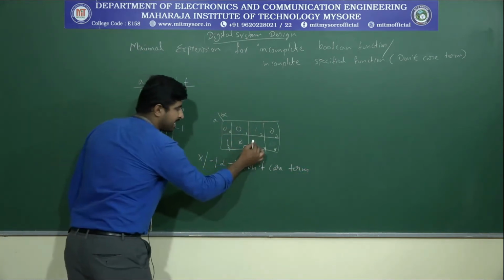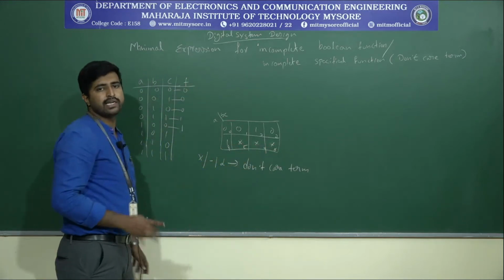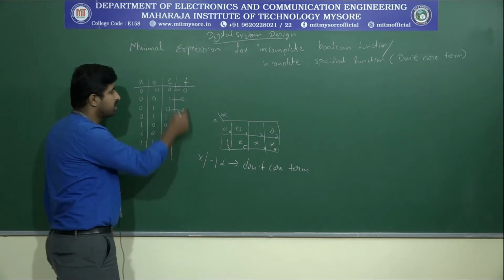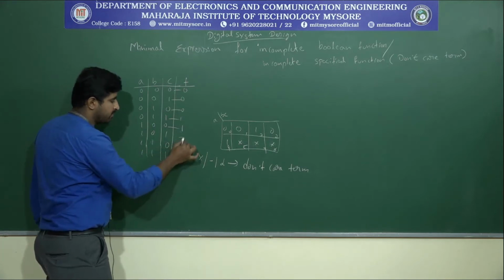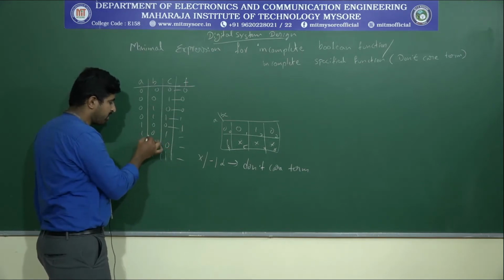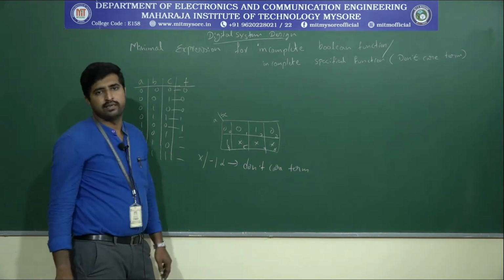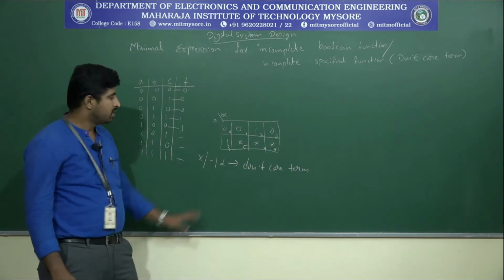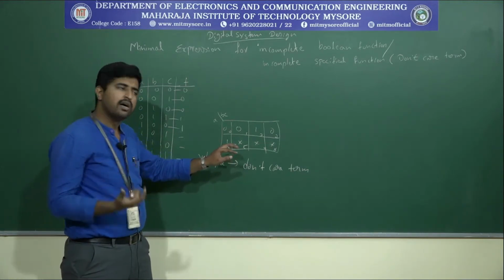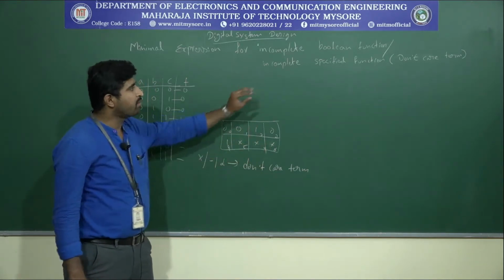Here I can write x, x, x. That means these x are the don't care terms. In the corresponding table, it will be like this, where the function is not specified. For the combinations 1, 1, 0, 1, that is 5, 6, 7, we don't know the output, so they are called don't care terms. They can be indicated with an x, or sometimes a dash, or sometimes they will write a d. Okay, so this is the incomplete Boolean function.